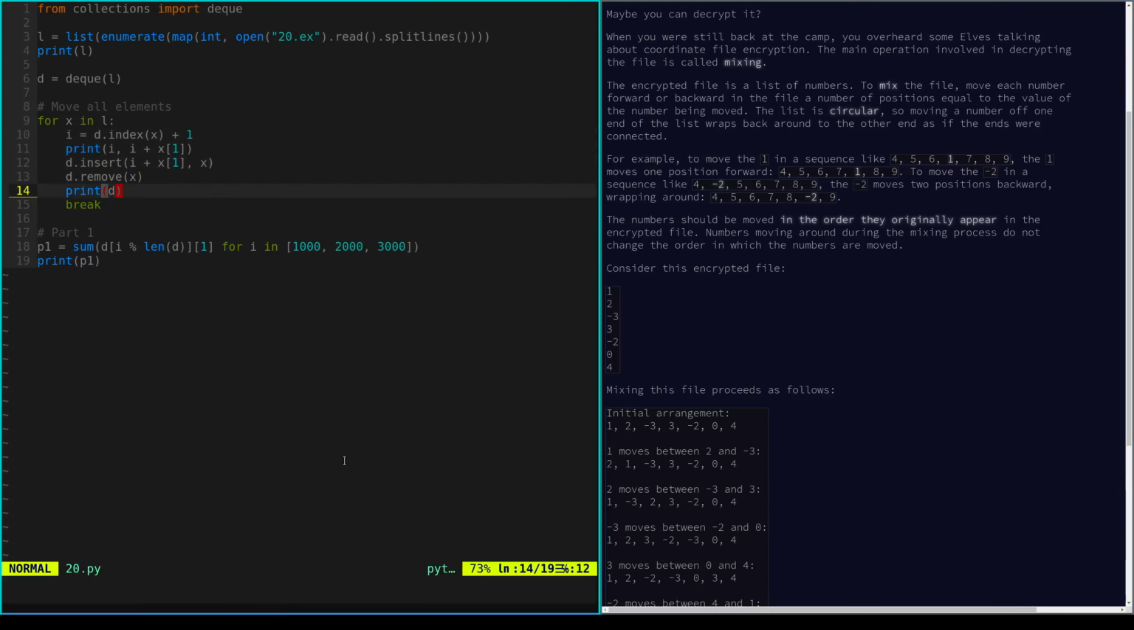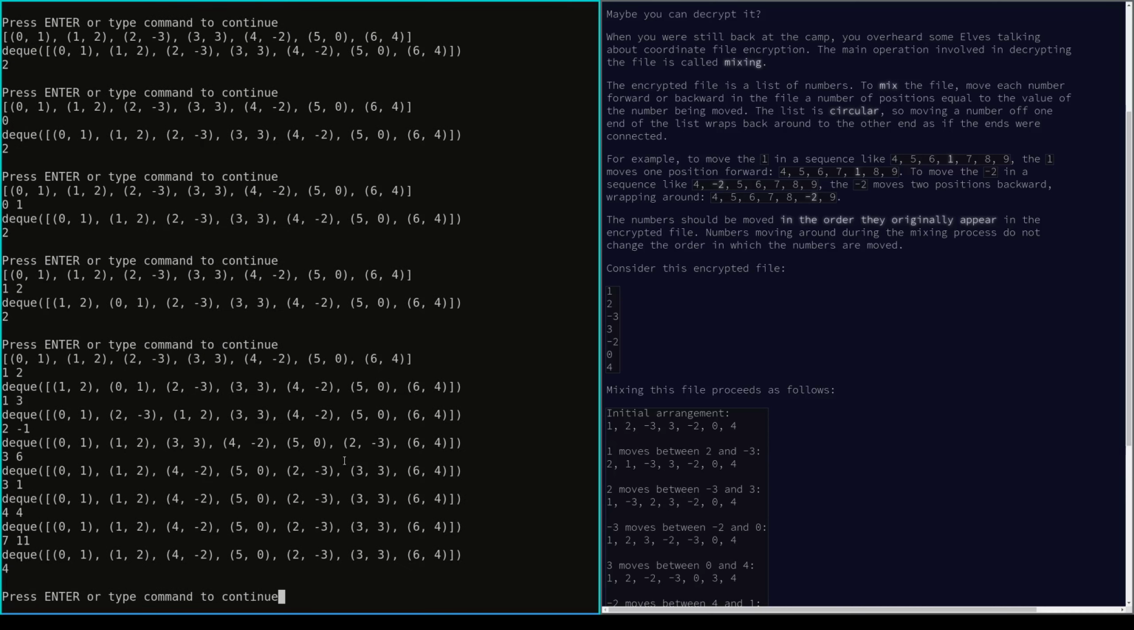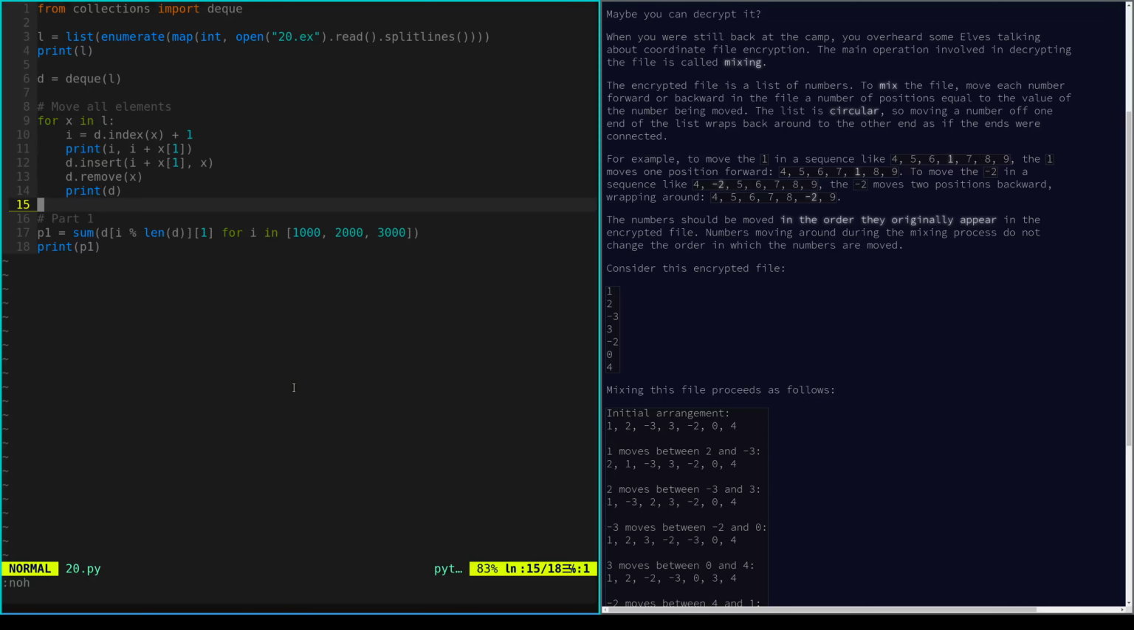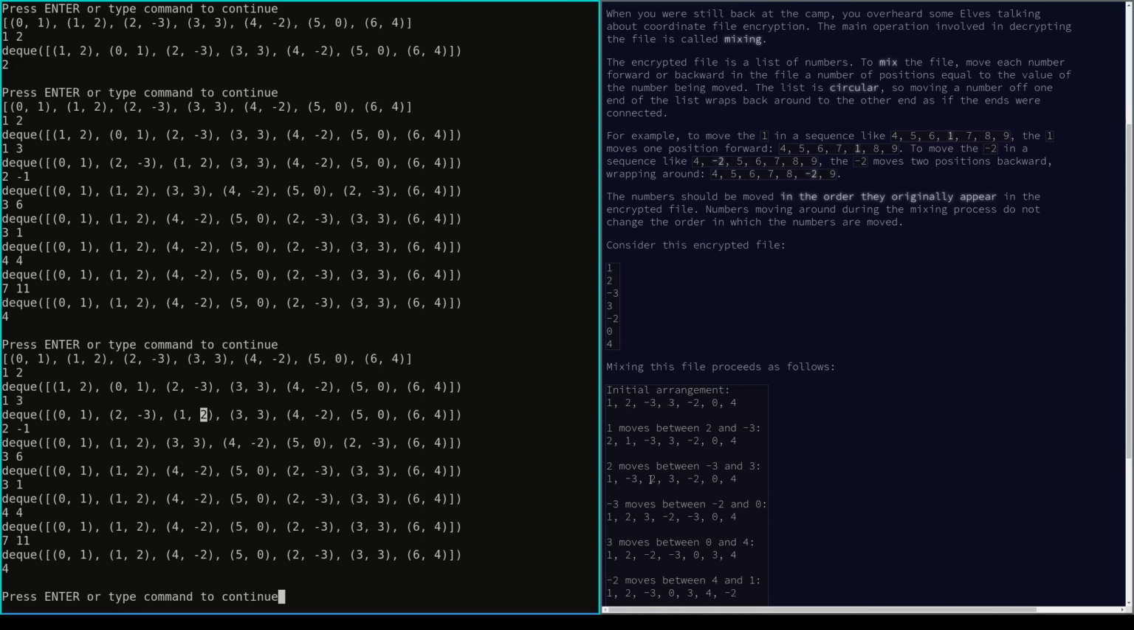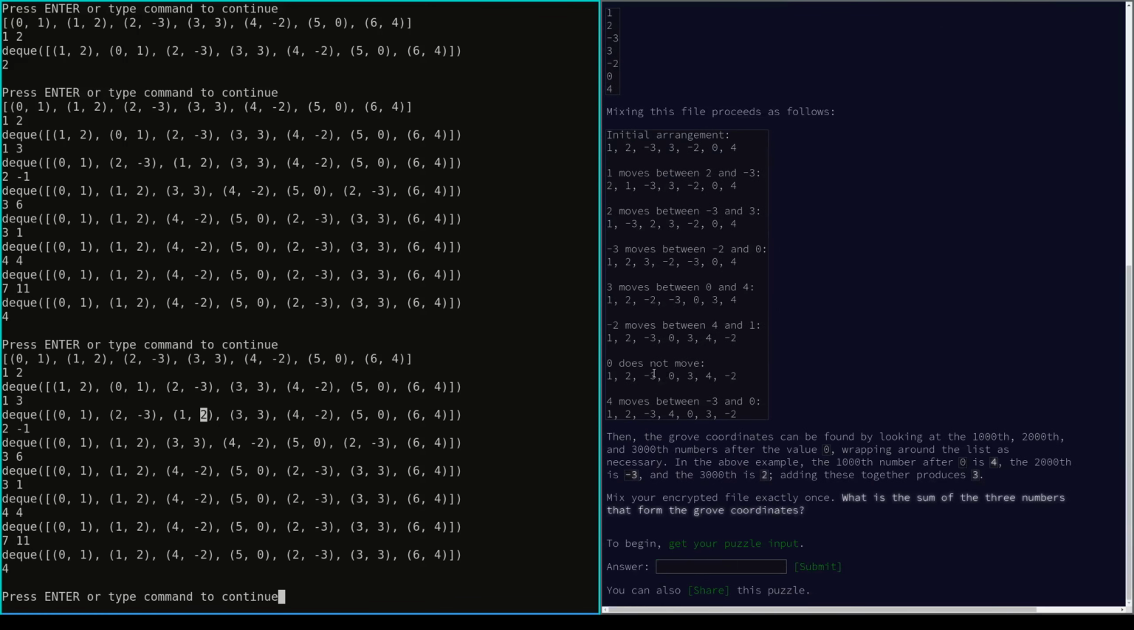Let's print this every time. So now we have 1, 2, minus 3, 2, 1, and then it is 1, minus 3, 2, 3, minus 2, and then minus 2. So in the end, we have 1, 2, minus 2. Okay, this is wrong. So if this is negative,